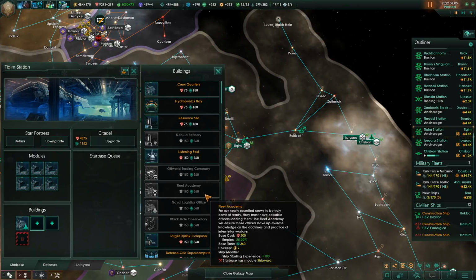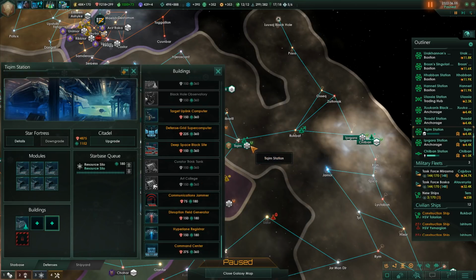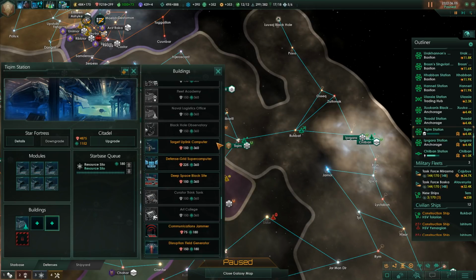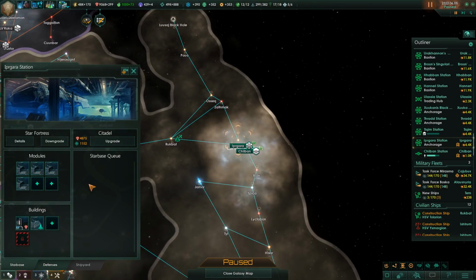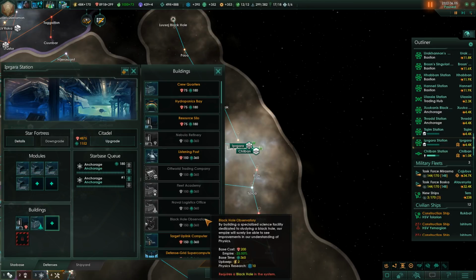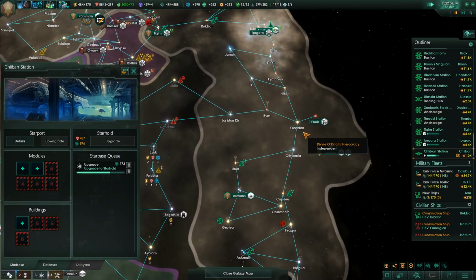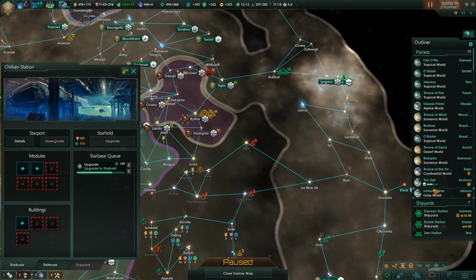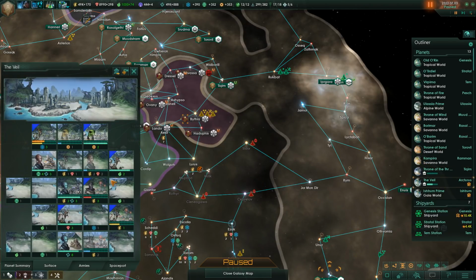Okay, the Tikvam station. I can do a resource silo here. Let's do a deep space black site. Why not? Alright, a couple of anchorages here. And then another resource silo. Chiban Station is upgrading to a starhold, and we're going to do another upgrade momentarily. We just queued up a ton of projects for the upgrade of the mining stations across our territories. Looks like most of those projects are done. So with that being done...